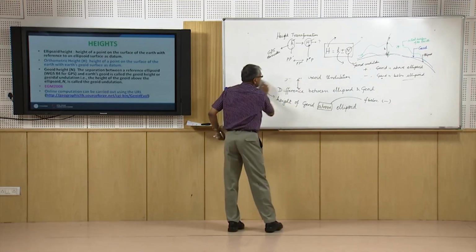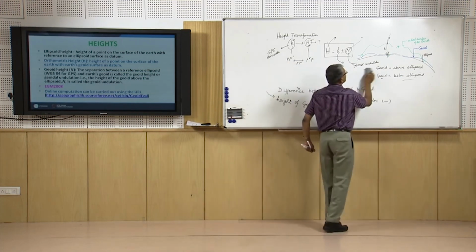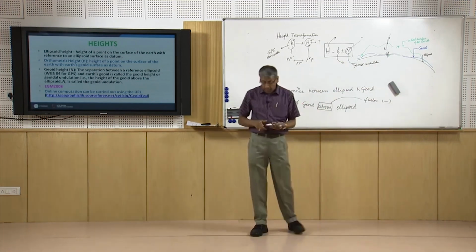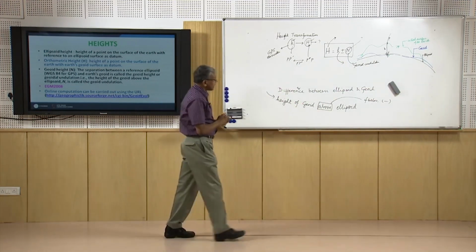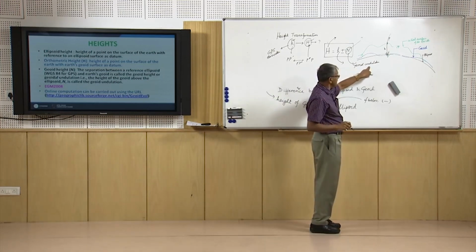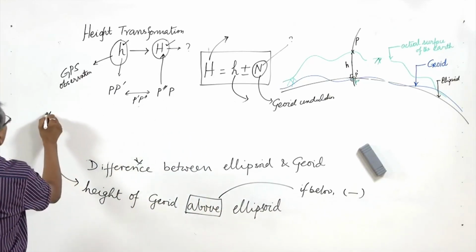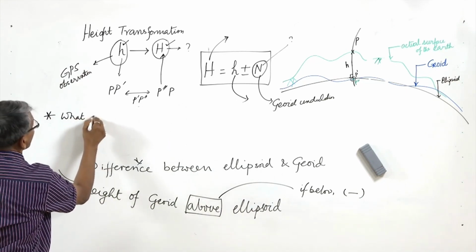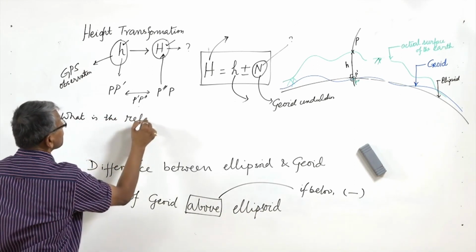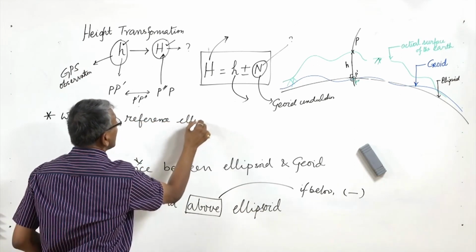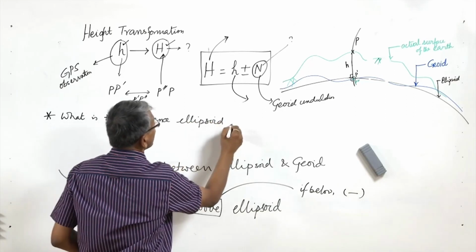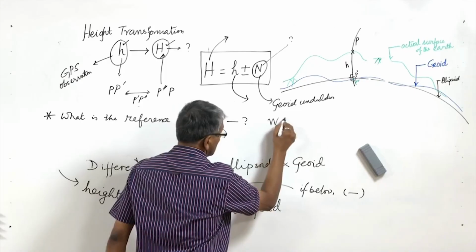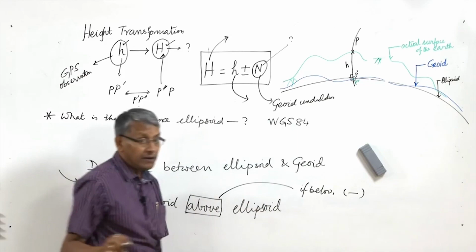Geoid undulation is the difference between the ellipsoid and the geoid. How can we determine this? To determine geoid undulation, we need to know two things. One is what is the reference ellipsoid we want to consider. In case of GPS, it is the WGS 84 ellipsoid,